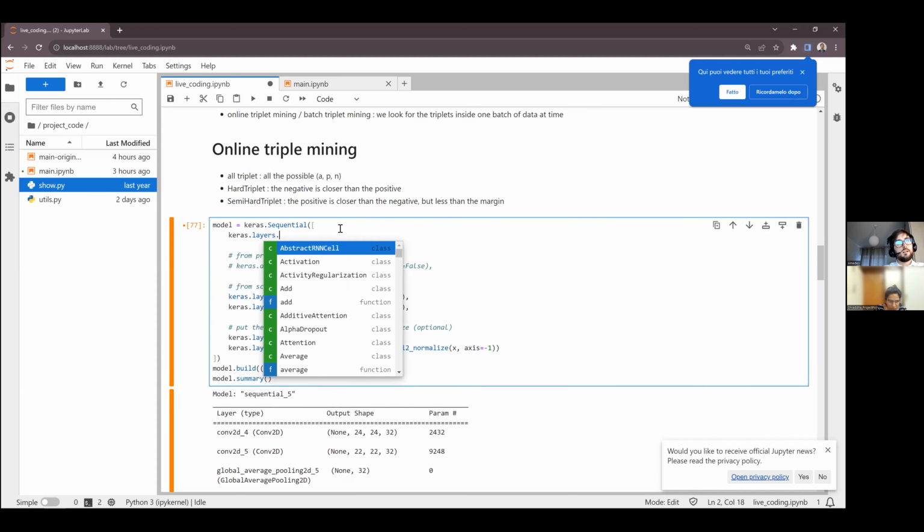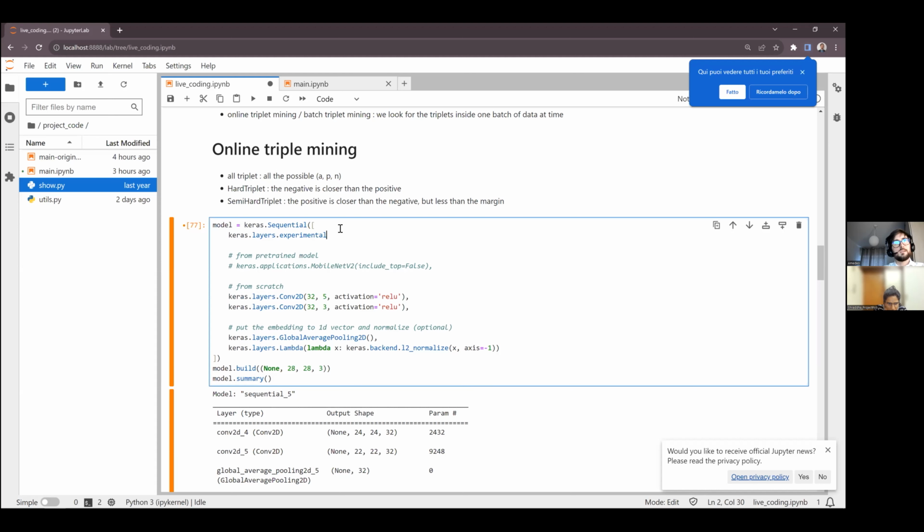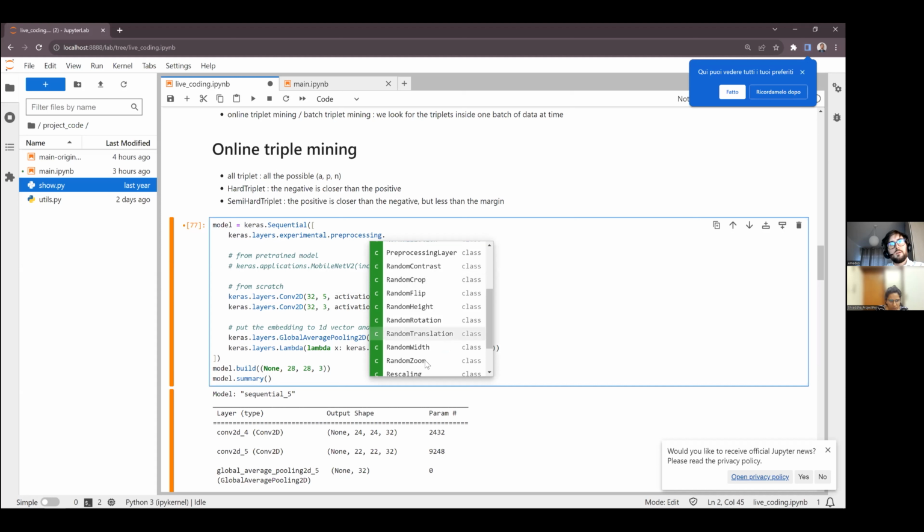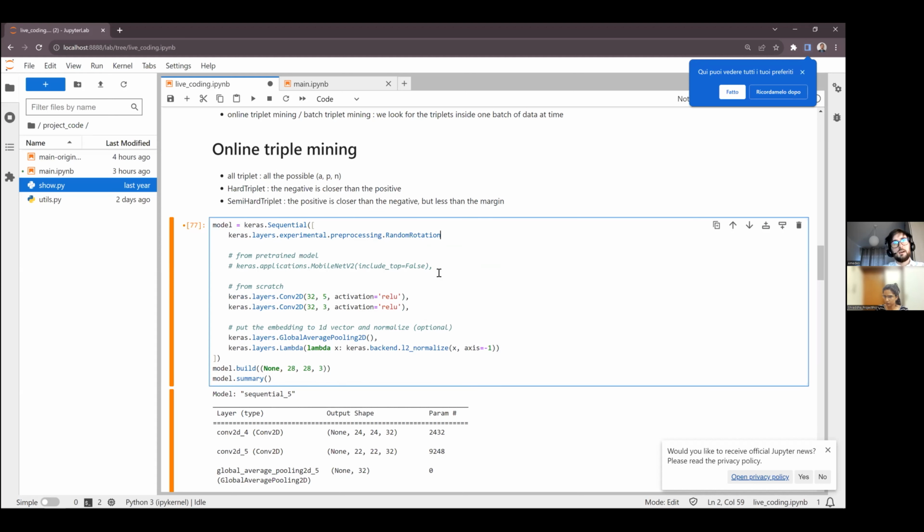Preprocessing is experimental in this version of TensorFlow, so it is inside experimental preprocessing. And we have, for example, all these layers. Since we didn't use random rotation, we could use it here.